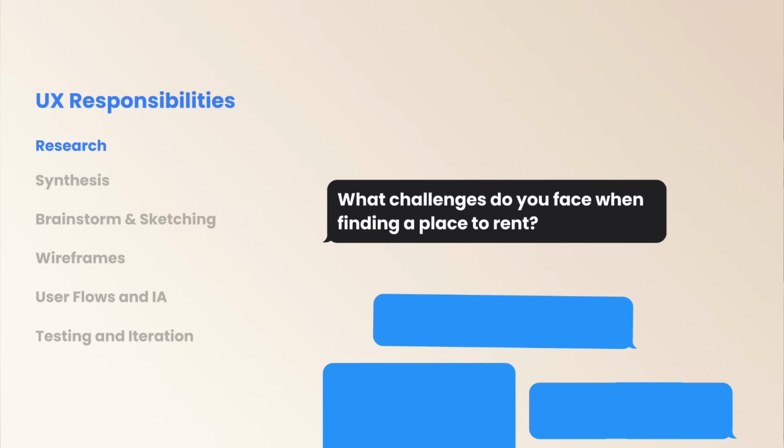Let's talk about the responsibilities of a UX designer. So in some instances, a designer might be doing both UX and UI. In others, they might be broken out into two separate roles. But either way, as you saw with our last example, we need both of these to create a valuable experience for users. If we're going to design useful features